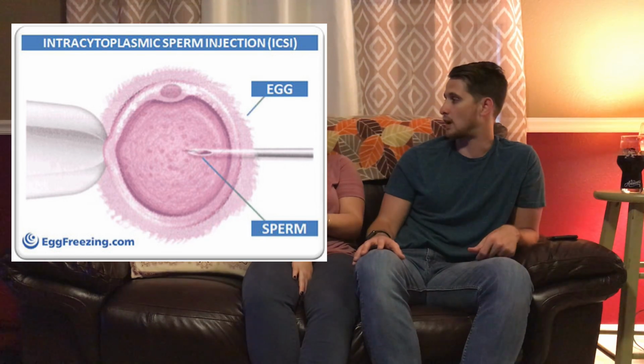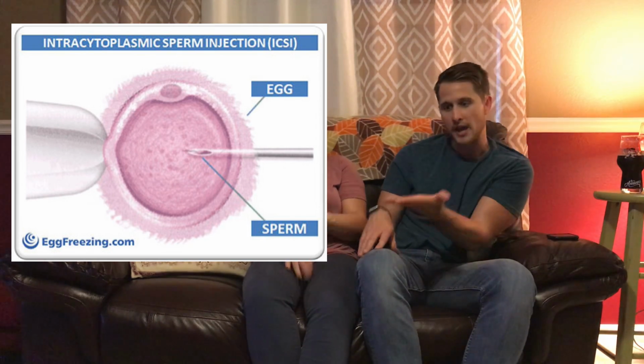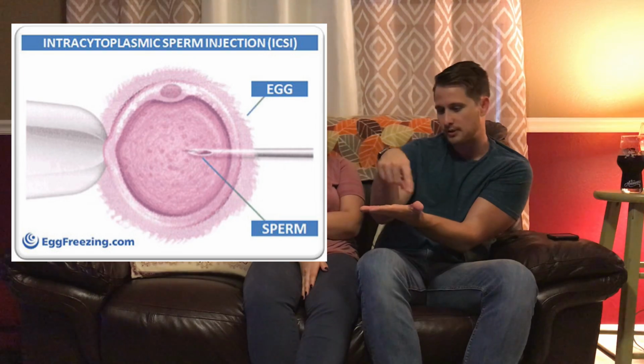The traditional way is basically you would put the egg in a petri dish and shoot some sperm around it and let nature take its course, and hopefully the best swimmer gets there and everything works out. But there's too much money invested in it. The science is there, so why not take advantage of it? So that's what we did. We used ICSI fertilization. So what happens is you get a call the next day from the office